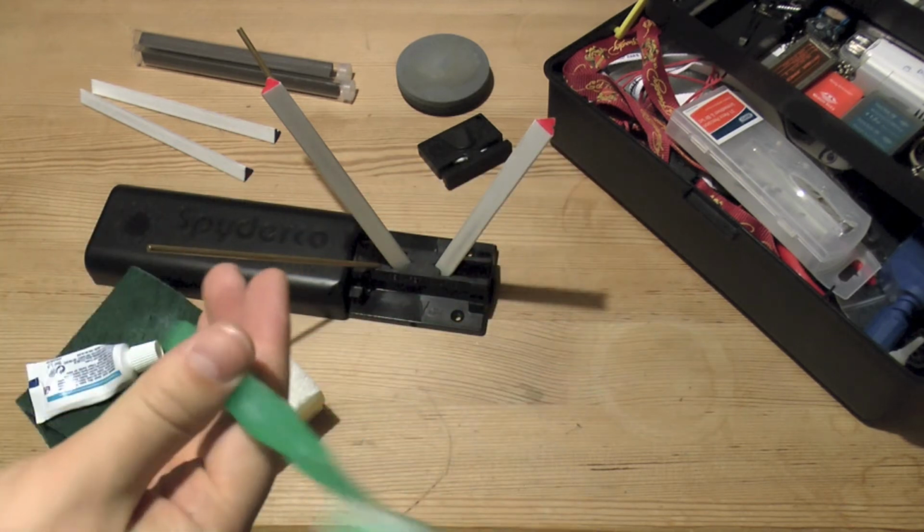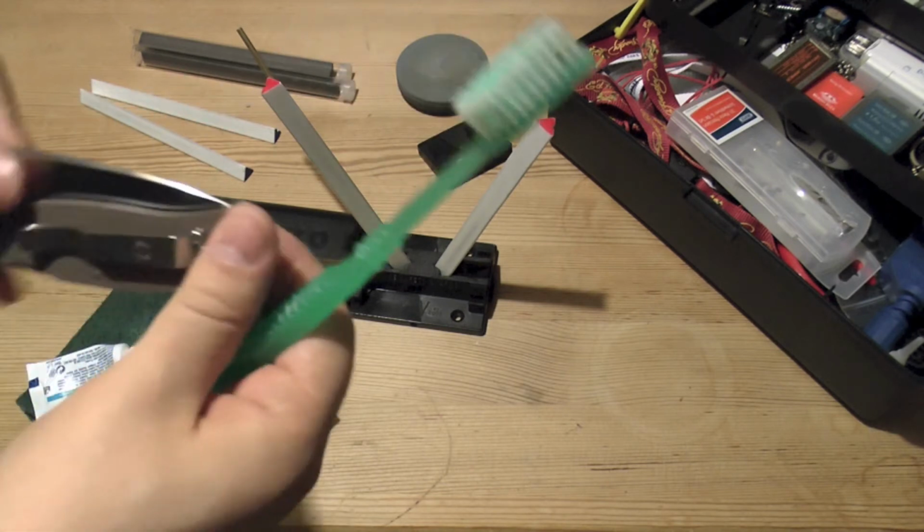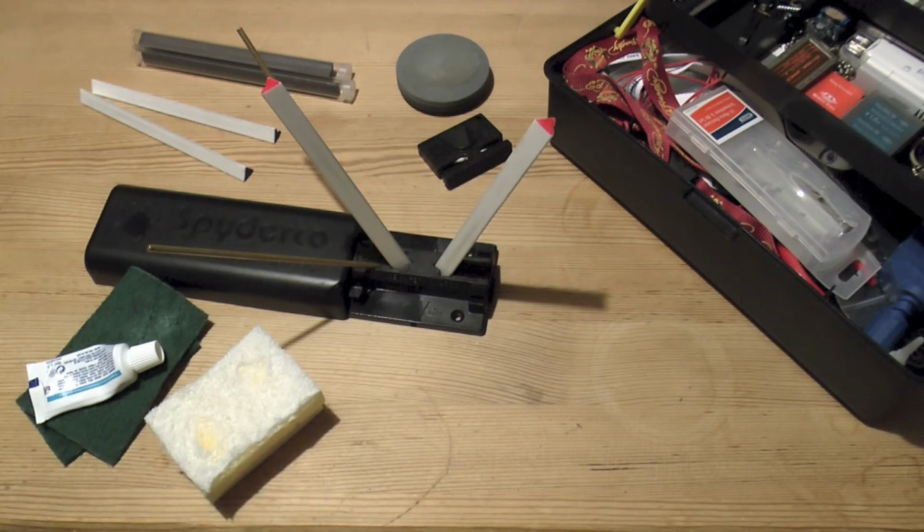Toothbrush, not just for your teeth, really does help getting into the insides of the knives and things like that. So toothbrush, that's quite a good, decent thing. So oiling, I mean, if it's had a fair bit of